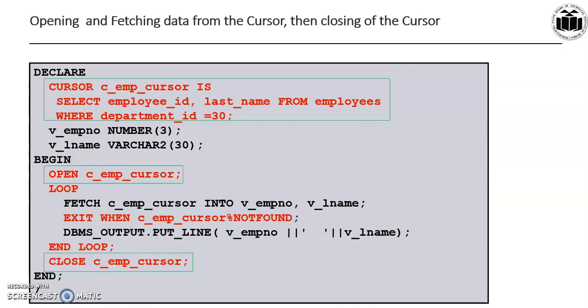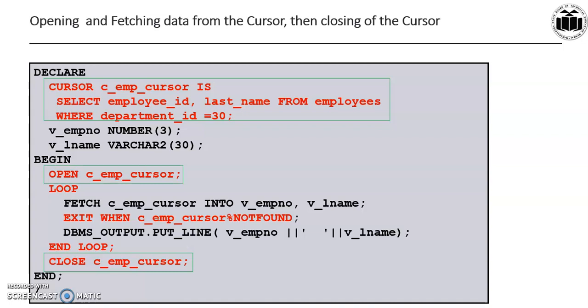So here we are fetching records from the active set, and storing those column data into the V_EMPNO and V_LName variables respectively. Now we will exit from this operation when that cursor name, that is C_EMP%NOTFOUND